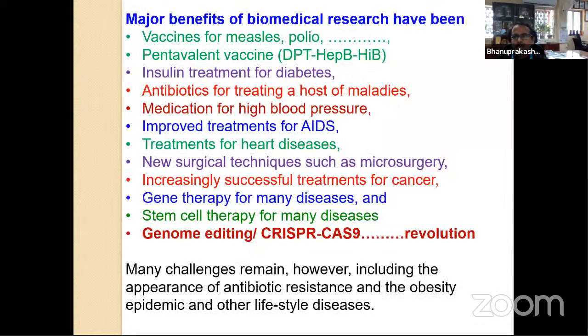We should also tell them all that we have achieved. I told you, one of the reasons we celebrate Science Day is to showcase our achievements. I put some of the major achievements on one slide. We have developed vaccines for many diseases, whether it is measles, polio, DPT, hepatitis, etc. And the recent one is COVID. Otherwise, year after year, millions would have died. So that is a major advantage of development in science.